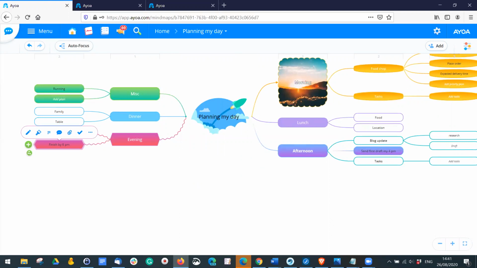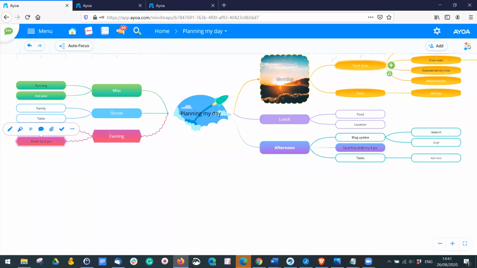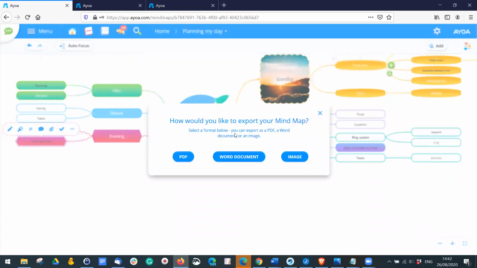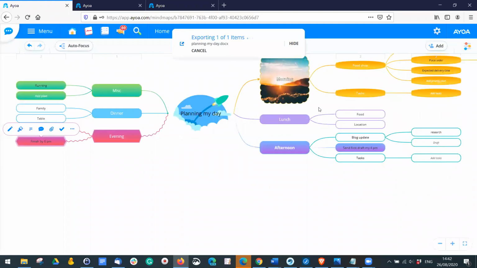Now, usually I answer questions at the end, but I can see a question that's come up, which may help you plan as well. So you've got an option to export your mind maps. And one way you can do that is actually export them as a Word document. So if you're looking to export this as more like a written document, if you go to export and click Word document,